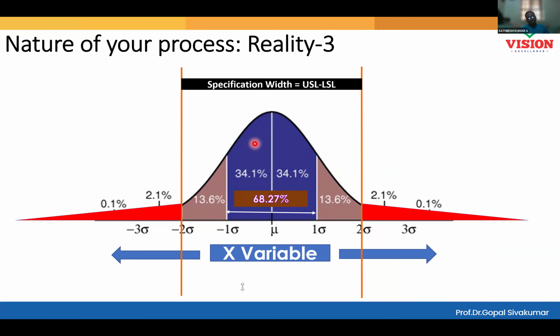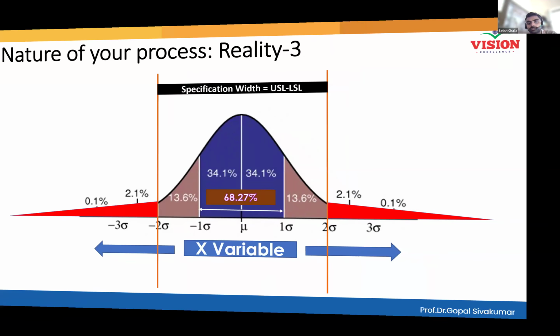You don't have to produce 1,000 parts, or 10,000 parts, or 1 million parts. It is an estimation, please note. If you have quality samples in sufficient numbers, you can judge all of these percentages even before completing the full production. Cp, Cpk are estimated values. Very good. And now in this case, your Cp, Cpk will be less than 1 or more than 1? Less than 1. Very good.